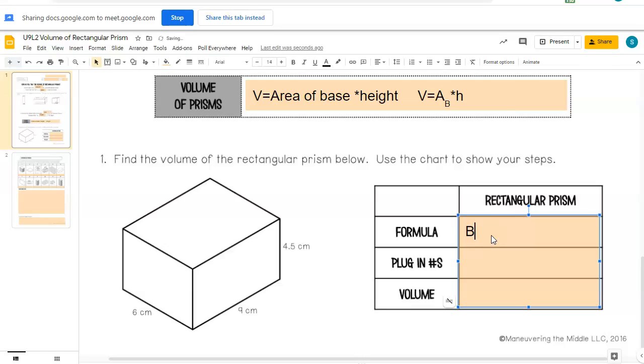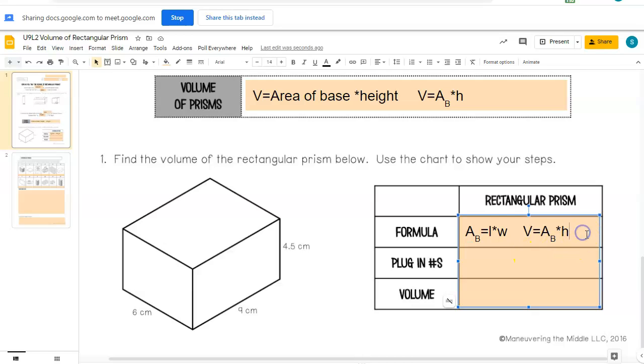So we know that our base equals length times width, and then our volume, I guess the area of our base, and our volume equals the area of our base times our height. Right? So the area of our base,